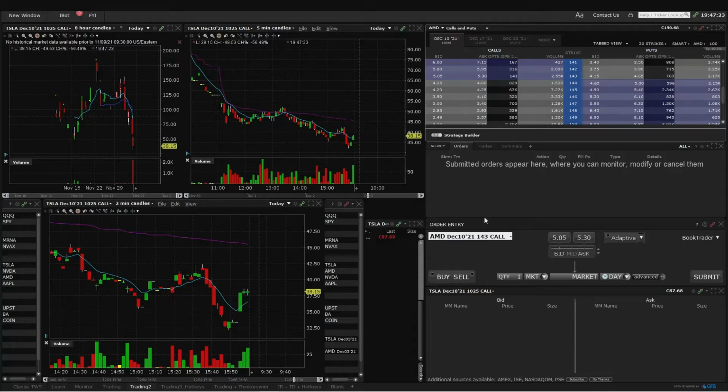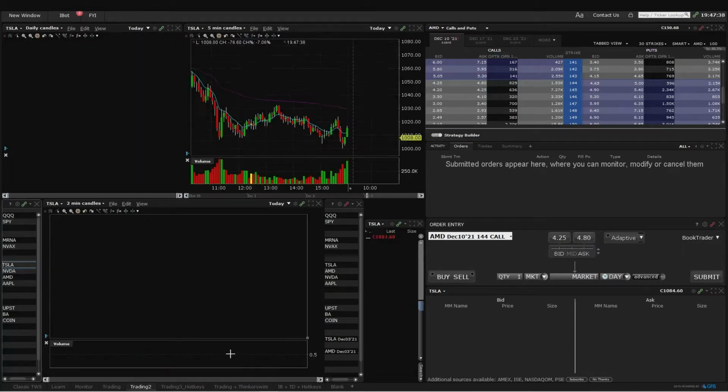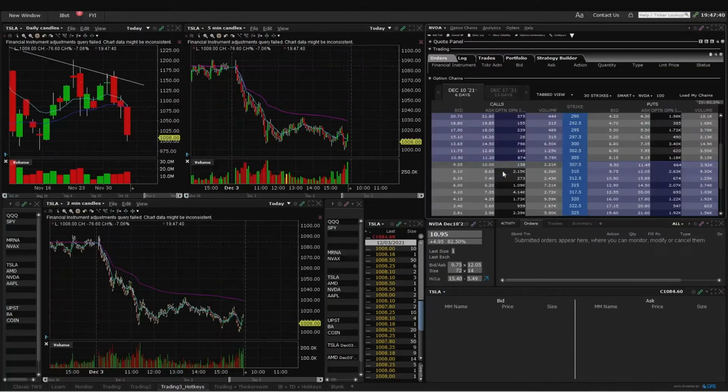When I tried clicking on this option, it did load here, but for the book trader, when I set up hotkeys and tried, it didn't work. I tried that multiple different ways, and it didn't work. So finally I figured out this is not working this way. So I changed to option trader here. Instead of just the options chain, I changed it to option trader, and I don't have a book trader window here now to have the physical buttons.